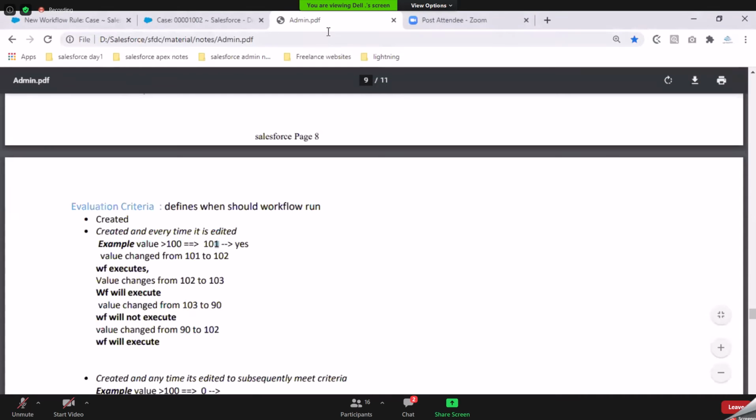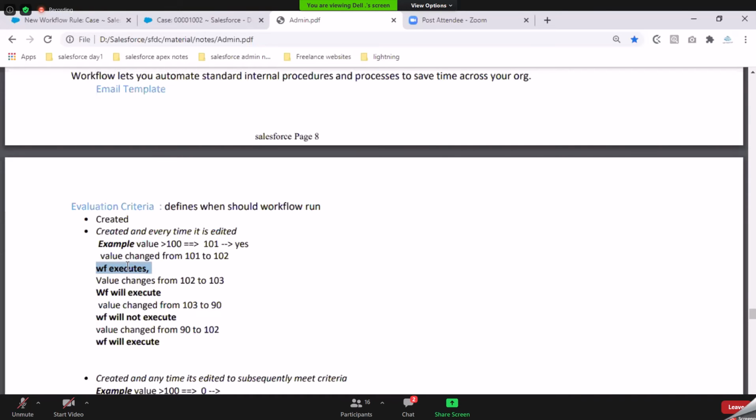Now, since 101 is always greater than 100, this condition will be true and my workflow rule actions will fire. Alright. So my workflow rule actions will fire. That means my workflow rule has been executed. I'm just writing this part which says workflow rule executes to indicate that we are firing that workflow rule